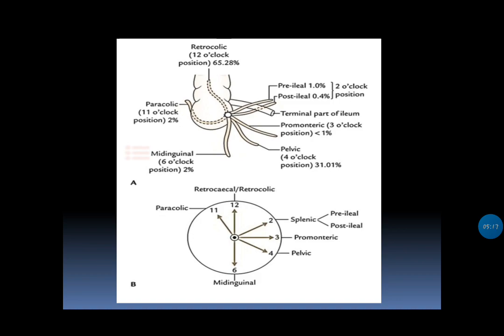In this diagram, it shows the different positions of appendix. As we already know, this is the base of the appendix, and this is the body, and this is the tip of the appendix. So this tip of appendix points in many directions. Totally we have 6 positions in which the appendix is directed. In this slide, let's just get an idea of different types of positions, and in further slides, let's see one by one in detail. First is a paracolic position.